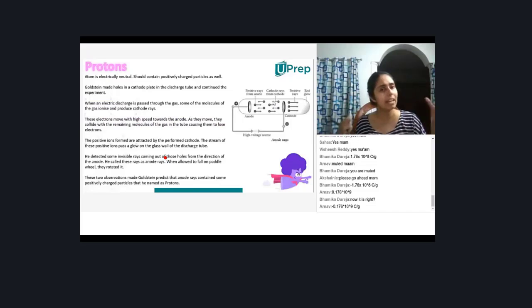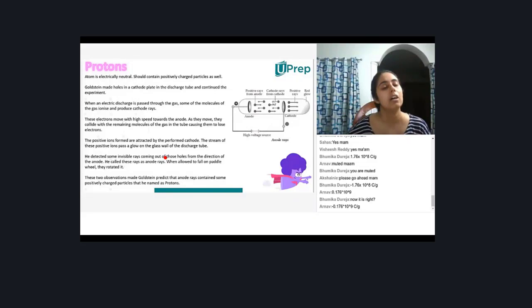By the time J.J. Thomson discovered electrons, we knew that electrons are negatively charged, but we also knew that the atom is electrically neutral. Regular atoms were not being attracted by magnets. Only electrons were being attracted by magnets. If electrons are present within the atom, but an atom is not attracted by a magnet, there has to be something balancing that negative charge, so there has to be something positive. They figured out by that time that something positive had to be there.